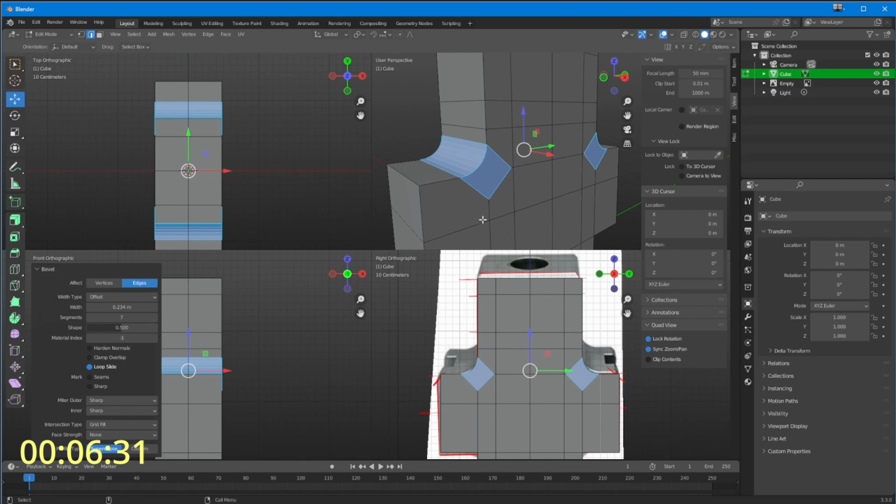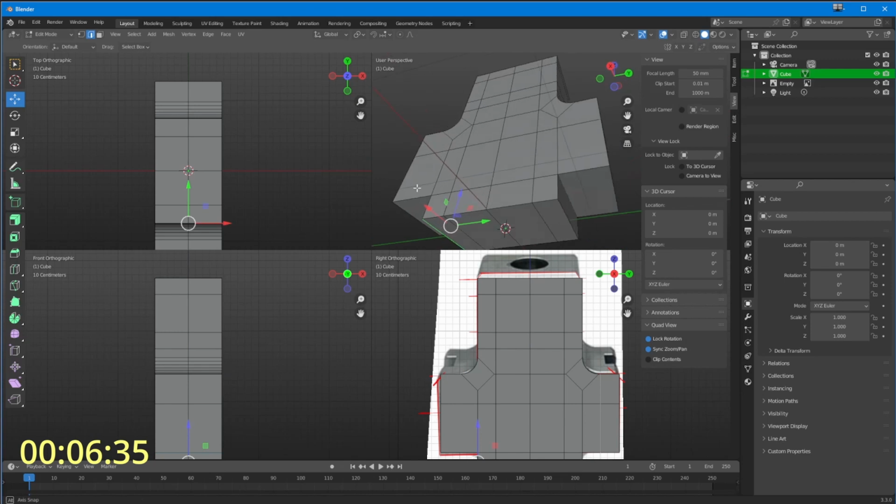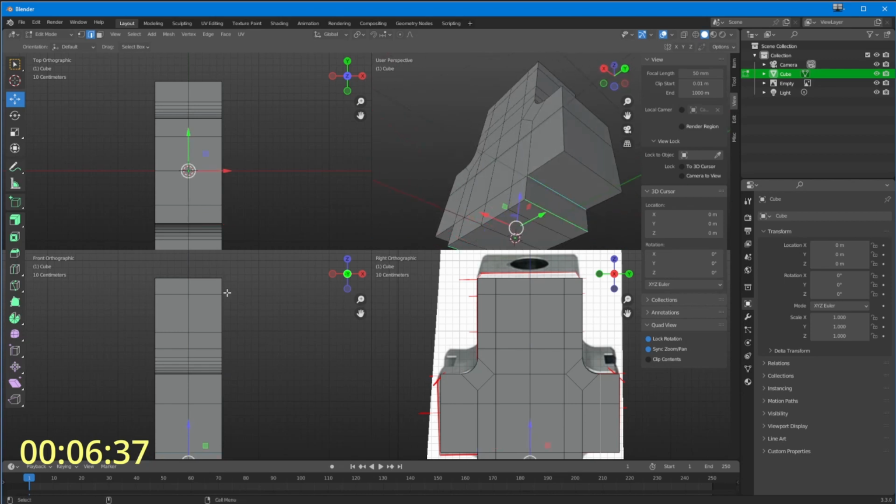I'm not going to do this one on the top. I'm not ready for that one yet. So I'm now going to pick that edge, and that edge, and that edge, and that edge. And I'm going to do this then, get my cursor close to this, go Control and B, and I'm going to pull these